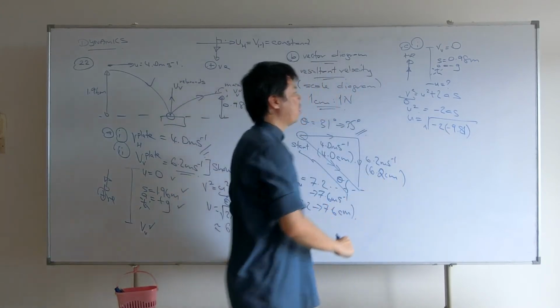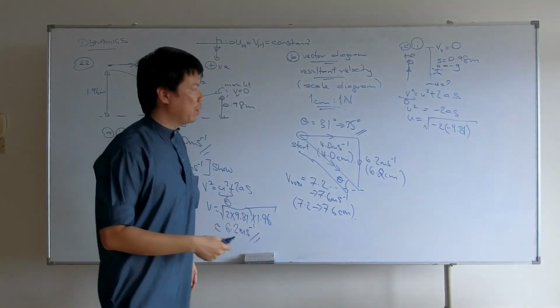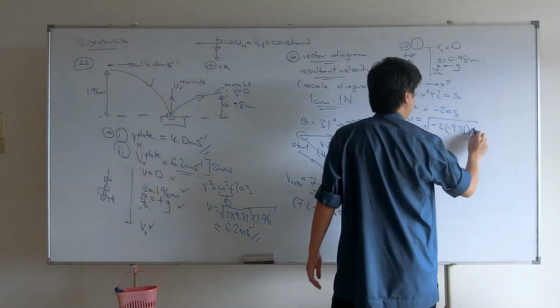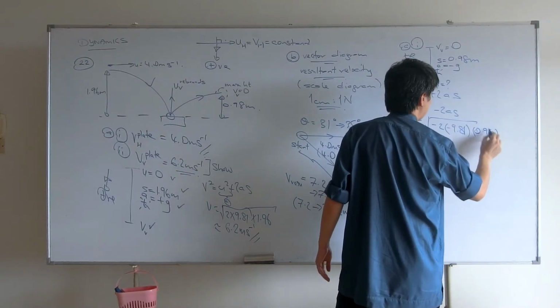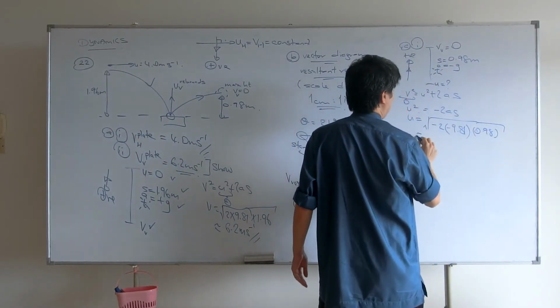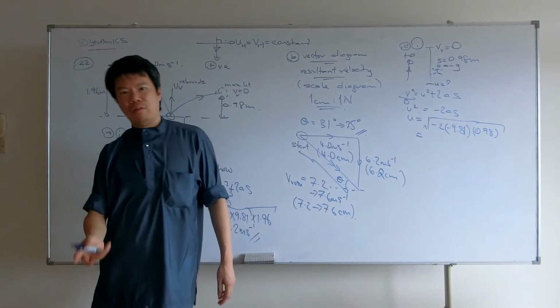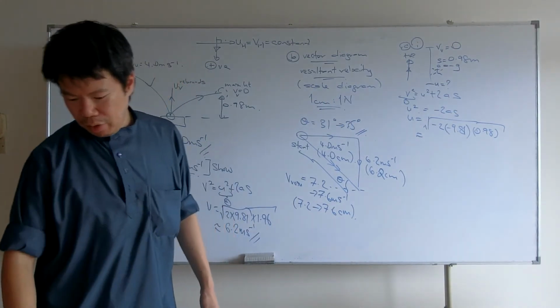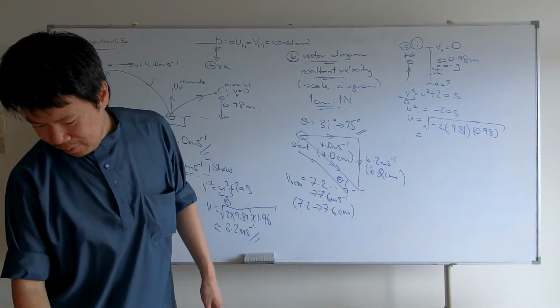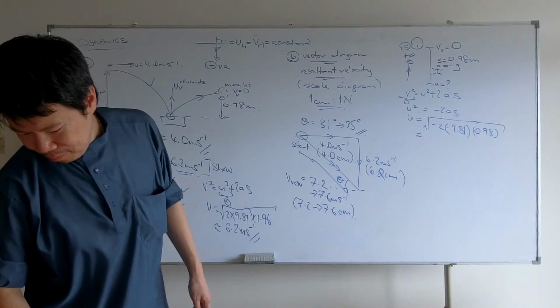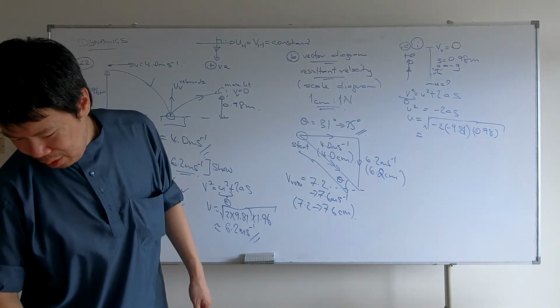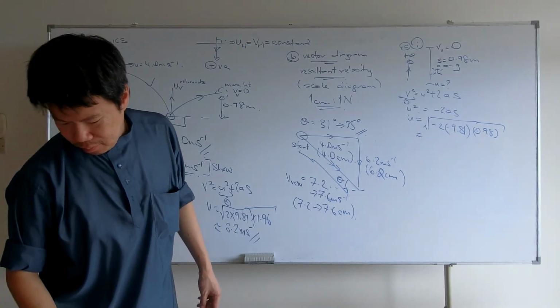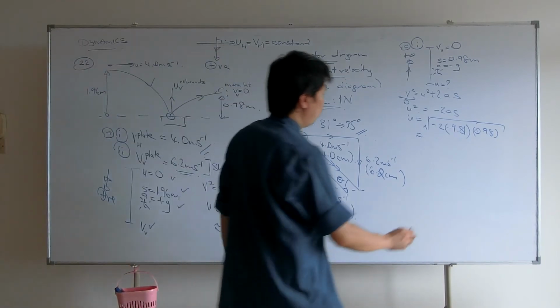The negative is destroyed, so you have a real number appearing, and 0.98 meters. Okay, then pause the video, calculate it. Once you get back, I will show you roughly where the answer is. So you should get around 4.4